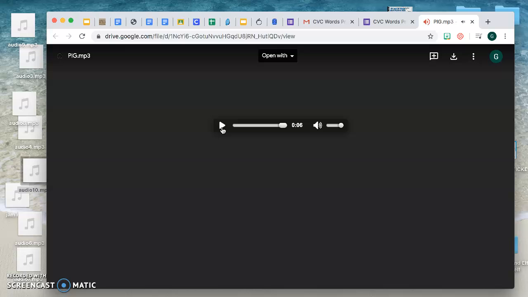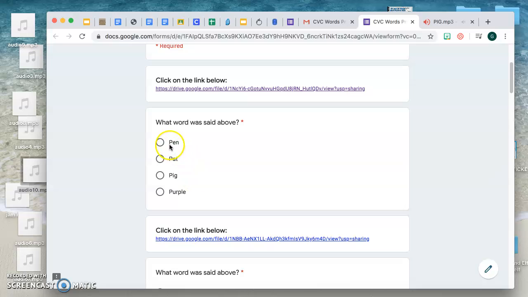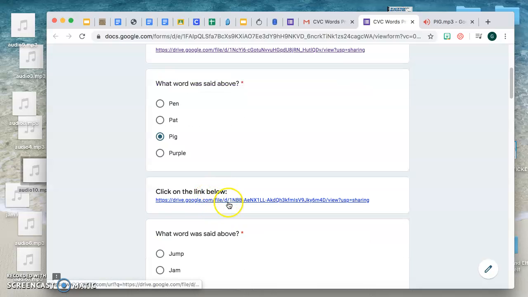And then they can write it down in a notebook or a piece of paper, and if they missed a sound, then they can listen to it again. Then they will come back here and figure out if it was pin, pat, pig, or purple, and they just click on it, and then they move on to the next one,